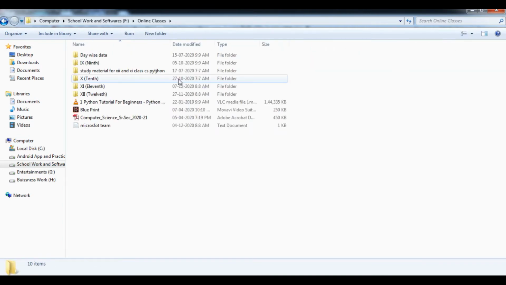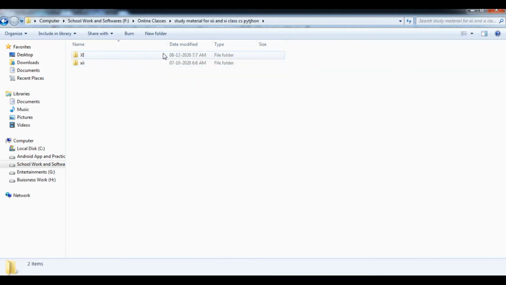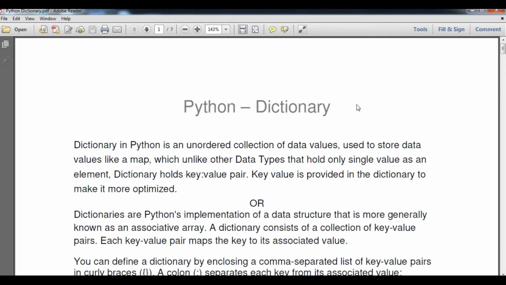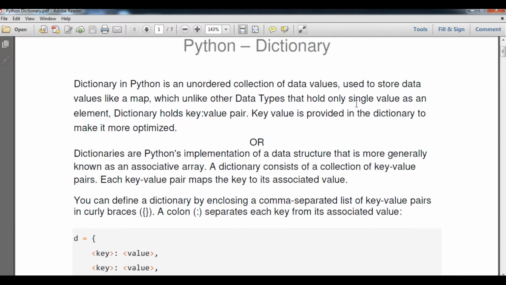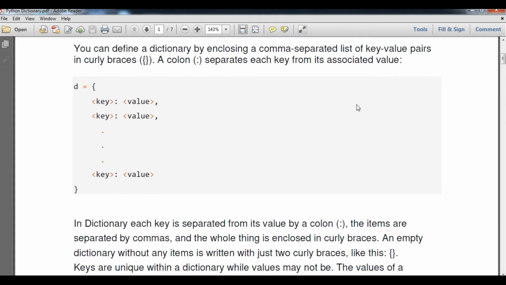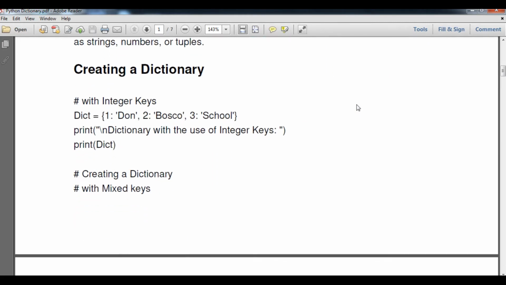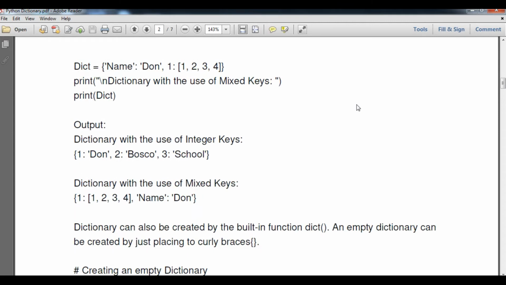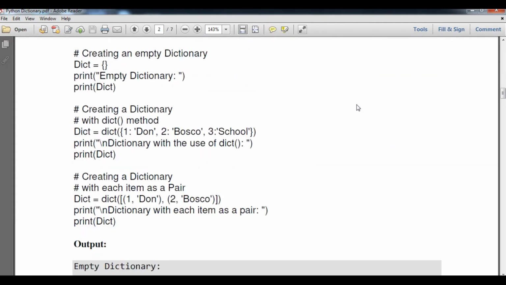In my study material, I'll show you what we have covered and what the new part for the day is. We have covered dictionary definitions, how to declare a dictionary, its syntax and prototype. We have also understood the key, and how many elements there are as part of key and value.